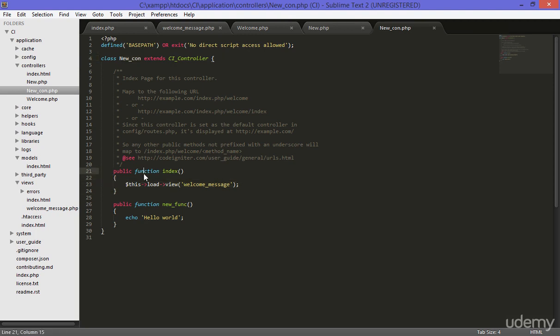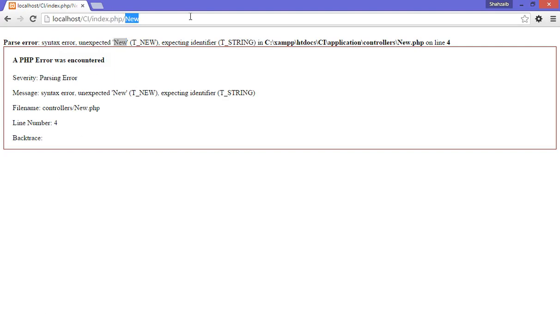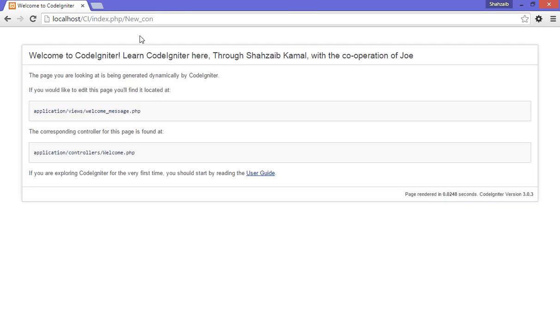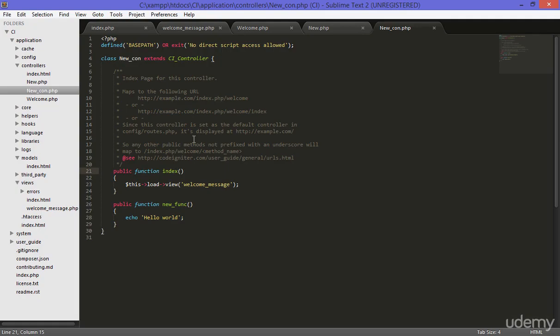Now inside this controller there is a function named index, and another function is newfunc. Going to the browser, let's remove the new and type newcon and press enter. Now you can see that I was redirected to the view page, the welcome to CodeIgniter. Why did I get this file here? Because in the newcon we are by default accessing this load view, the welcome message. By using this function we can load any file from the view folder, but